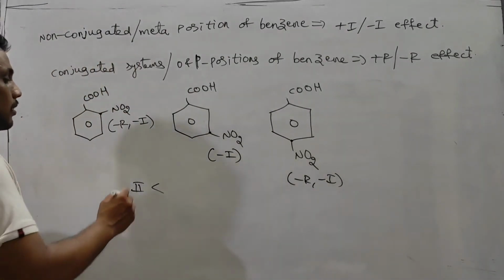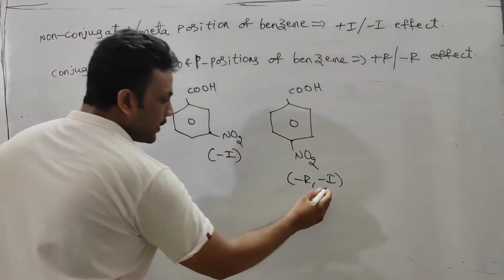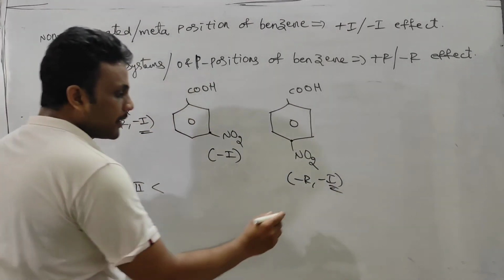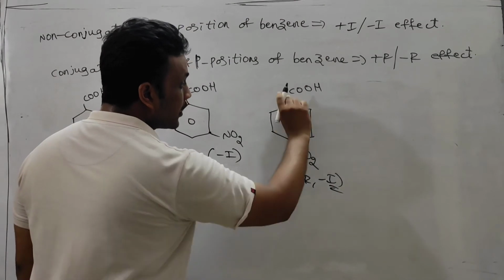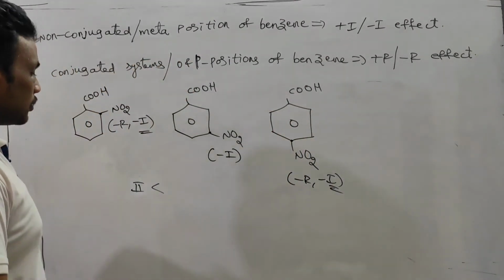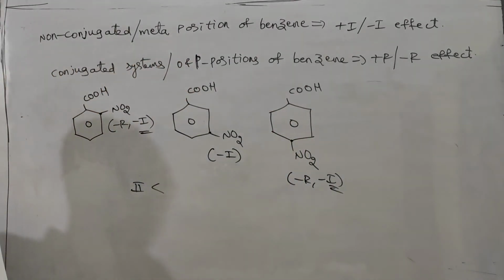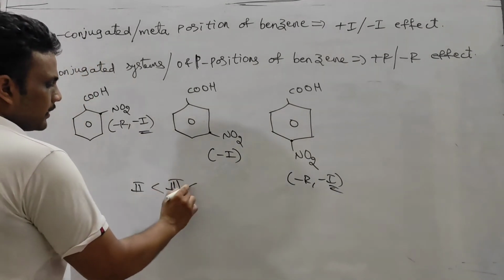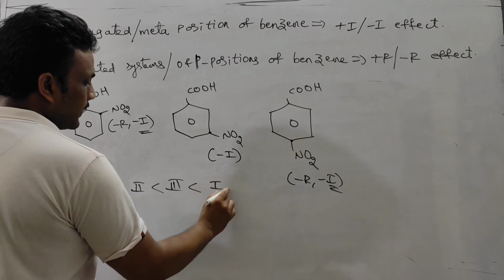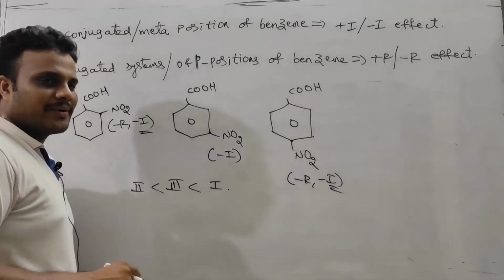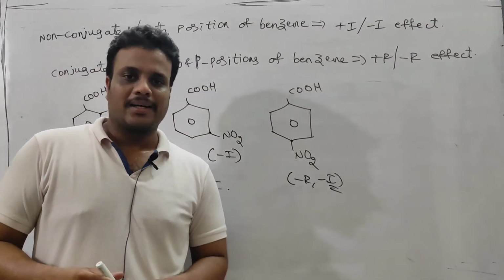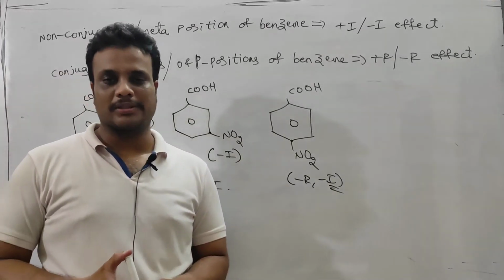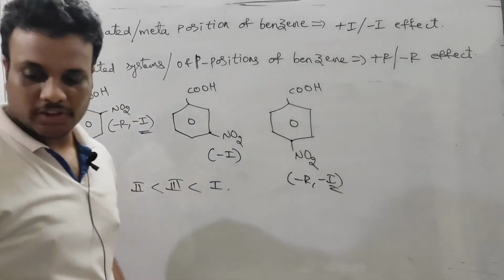Now you go for inductive effect, minus I. This minus I is present near to the COOH group, but in this one the minus I effect is far away from the COOH group. So if we talk about minus I effect in general, this one comes second and this one comes at top. Moreover, we know very well that in carboxylic acids the ortho effect is there. So any substituent at the ortho position of a carboxylic acid increases the acidic strength.